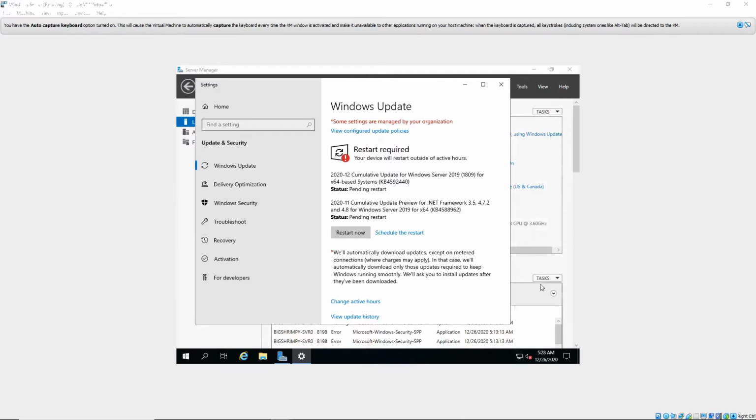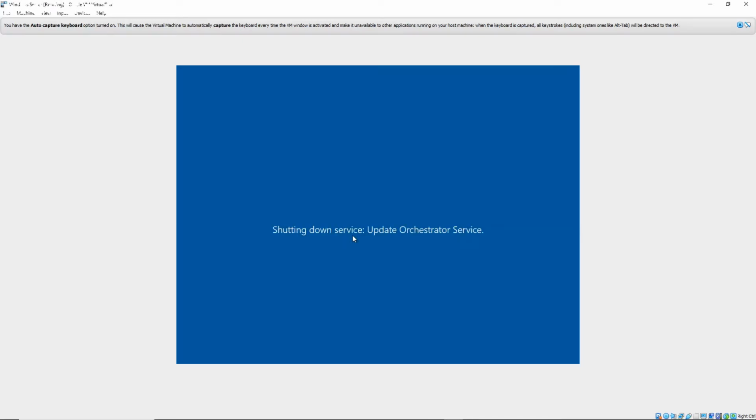All right, so we now have all these pending restart, so we'll go ahead and restart our server. And it'll go through the process of shutting down all the services and roles, working on updates, getting everything configured correctly. And upon boot up,